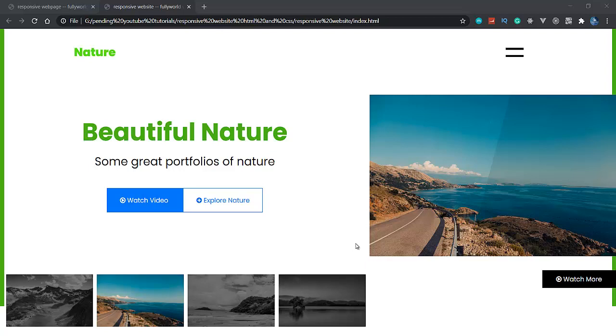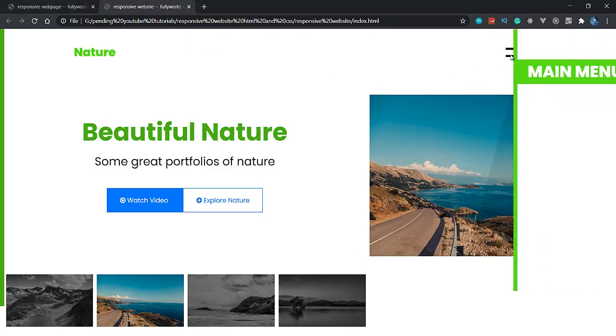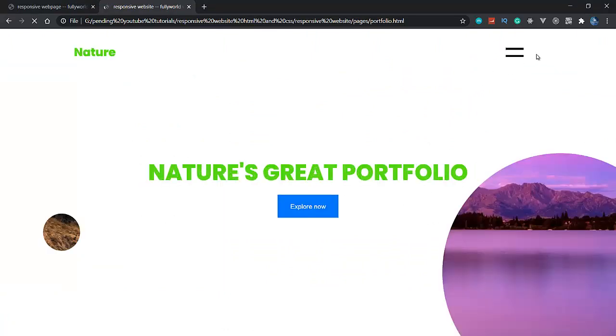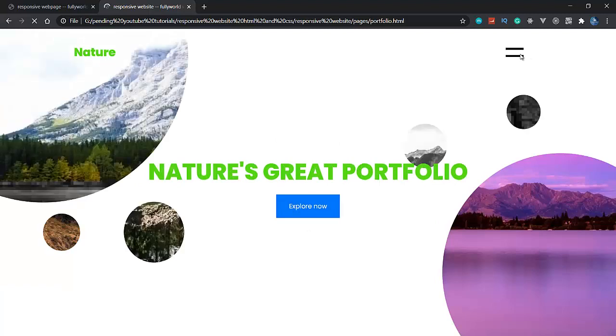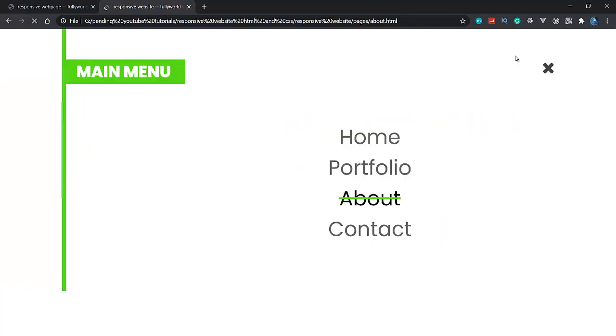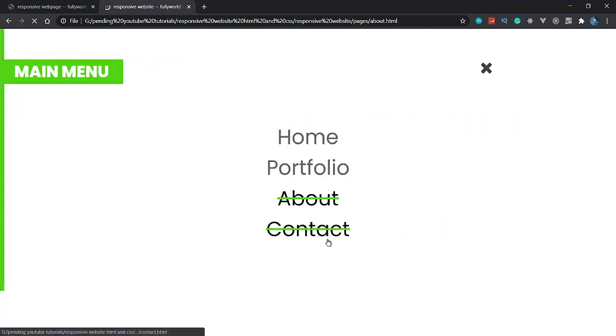So as we completed our full website, now we have only one target. We have to make this website responsive. First of all, this website we were creating here, we completed our portfolio section, we completed our about section also, and after that we completed our contact section. But this website is not responsive yet.